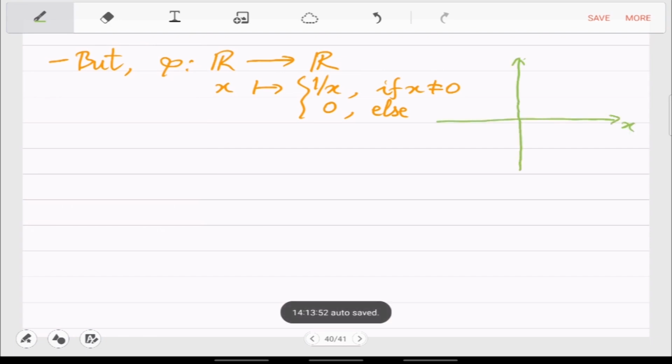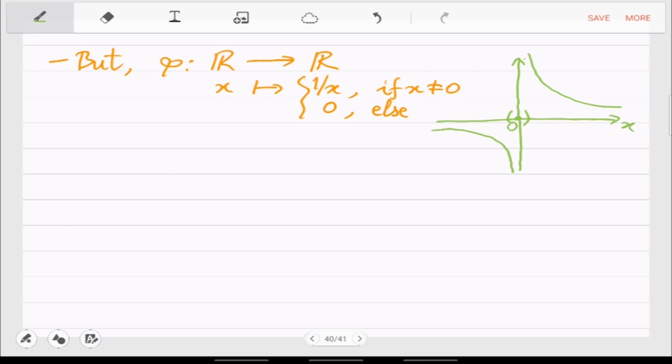So now the same picture, except that you will be forced to lift your pen because 0 here is also included, right? So the real line except 0 is the same picture, but at 0 you have included